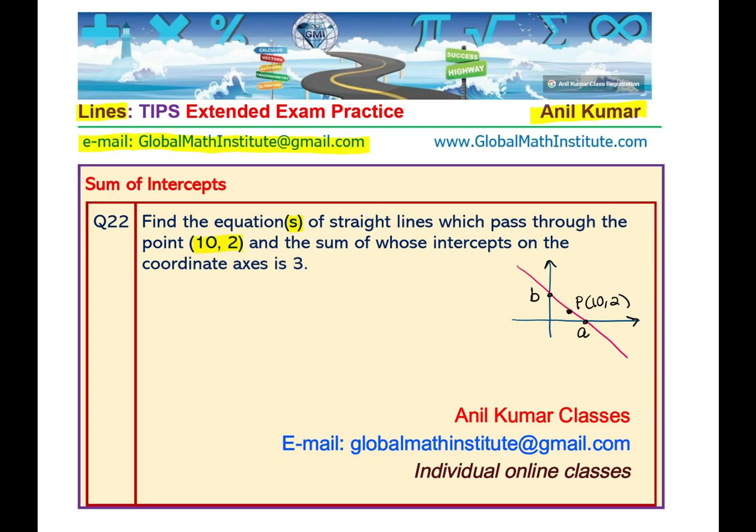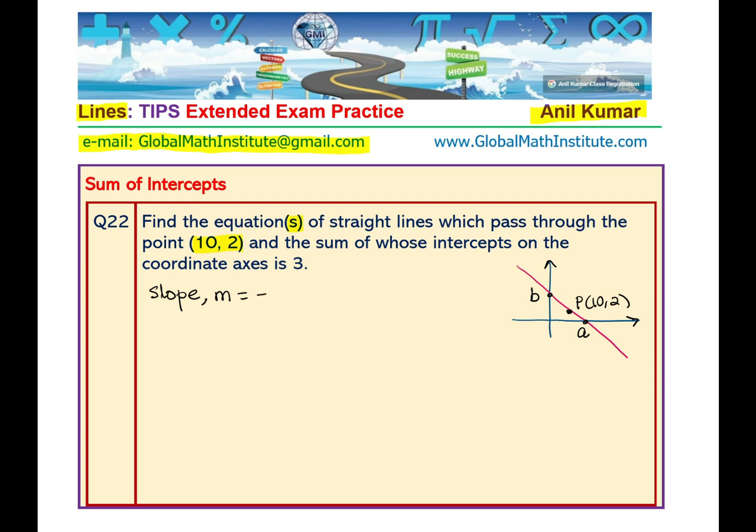Now, in such a situation, what is going to be the equation of the line? Well, if the intercepts are a and b as shown here, then the slope m will be minus b over a, with a negative sign. The line is going downwards, right? Change in y over change in x. If that is the slope and we know the y-intercept is b,